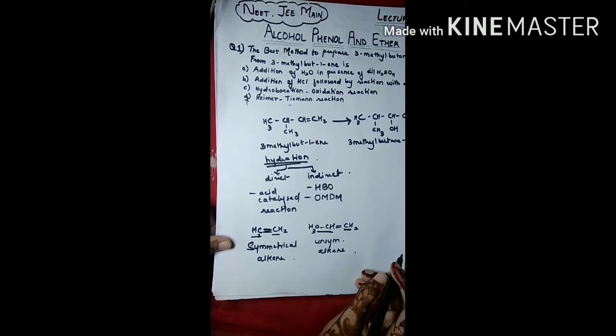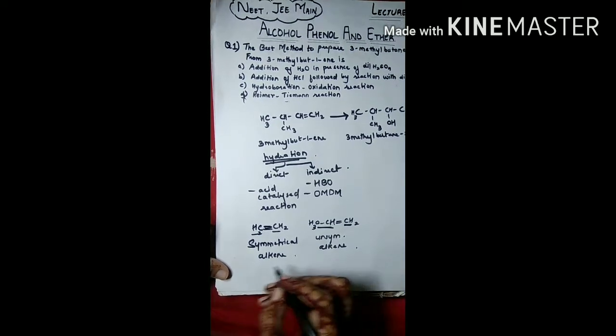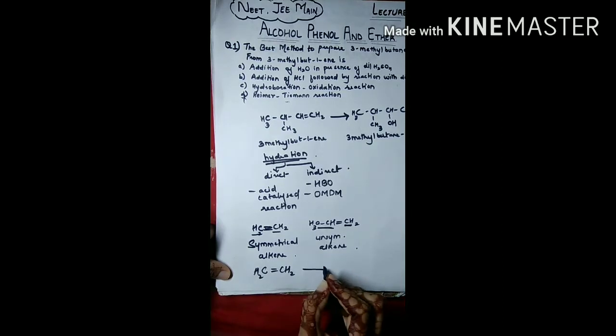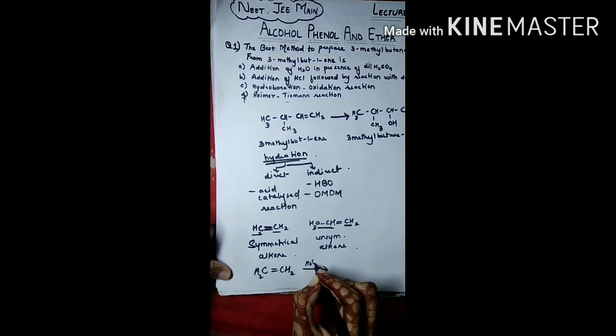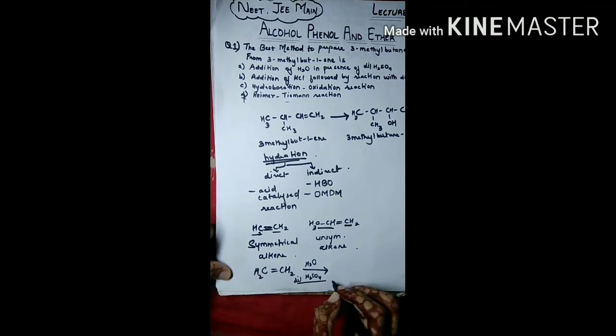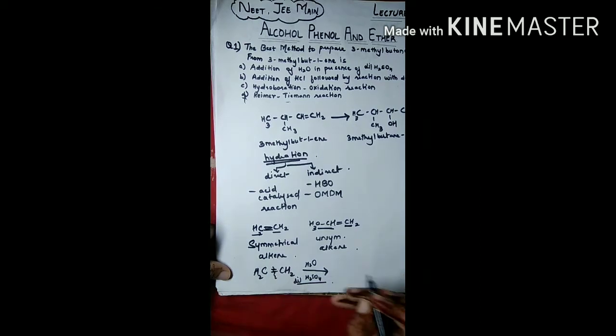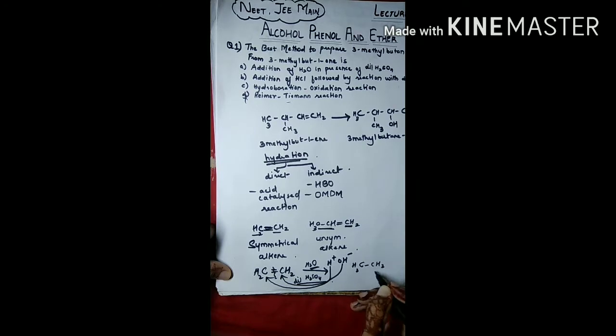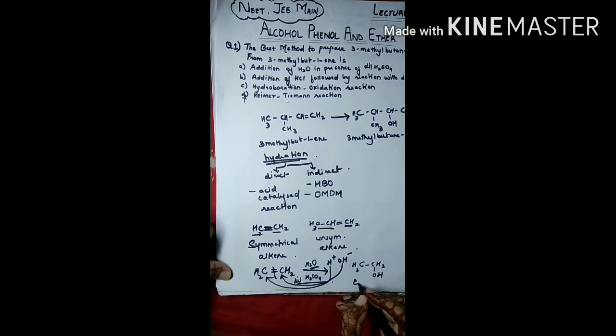So if we see the acid catalyzed mechanism of symmetrical alkene, here I am writing ethene and the addition of water in the presence of H2SO4 as a catalyst. We all know that the pi electrons are loosely bound electrons and are ready to break easily by the attack of a reagent. Water is in the form of H plus and OH minus ion, so one hydrogen will move toward one carbon atom and the other will move toward the other carbon atom. So the final product we have is ethanol.